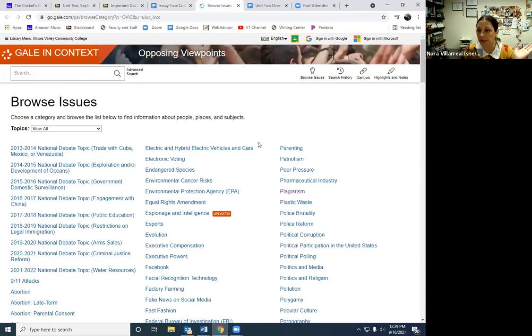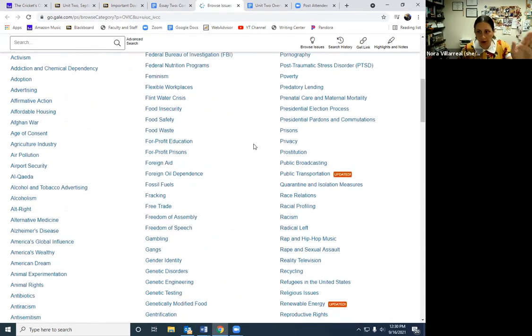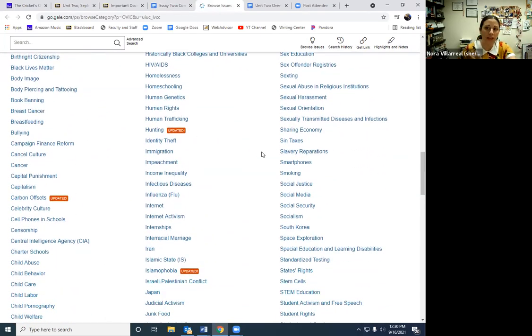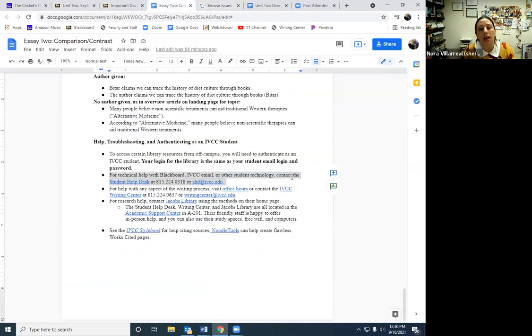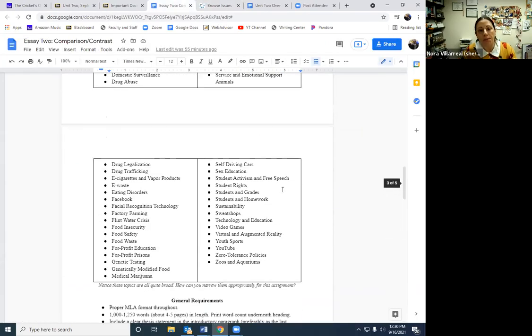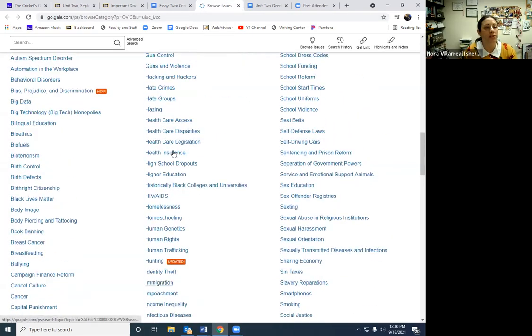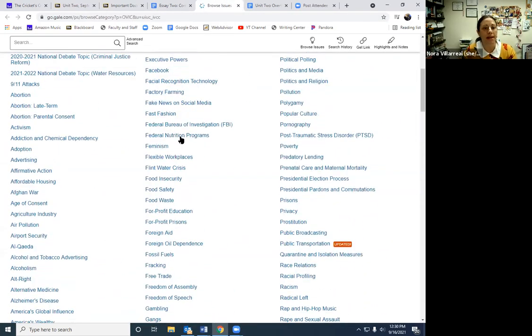But hopefully you are able to just log in, click on the link, and jump right over to the database. And here you see a list of all the articles that the database lists. Now remember, you can't just go into this page and choose anything willy-nilly off the page. The assignment sheet itself provides you that list of acceptable topics. Now, let's just say for the sake of an example that we had a writer who wanted to talk about addiction and chemical dependency. So you'll notice the list is alphabetized, so you can just find the title of the